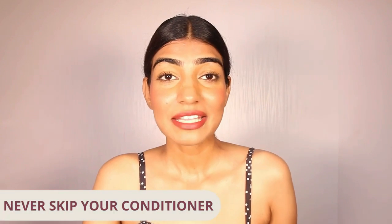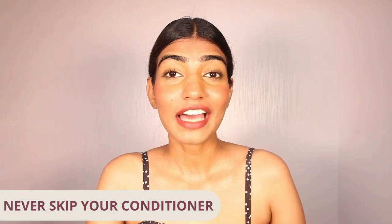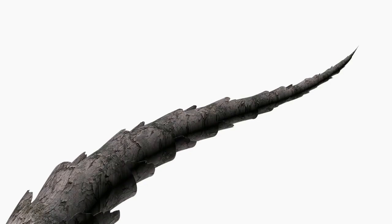Now this is going to be the last tip I have to share with you all, and that is going to be do not avoid your conditioner. Now conditioner helps in closing up your cuticles. So once you get done shampooing the hair, apply the conditioner and make sure that you leave it in your hair for a good 3 to 4 minutes and rinse it out at the end of the shower. By doing this, you are going to give your hair the nutrition that it needs, and it also helps in